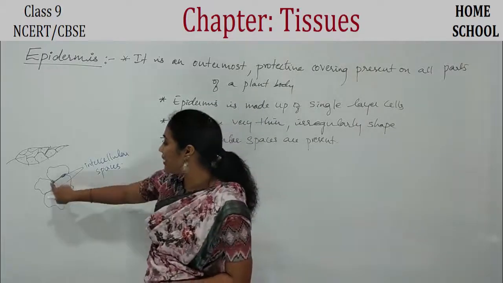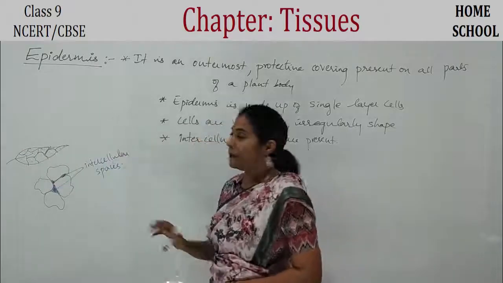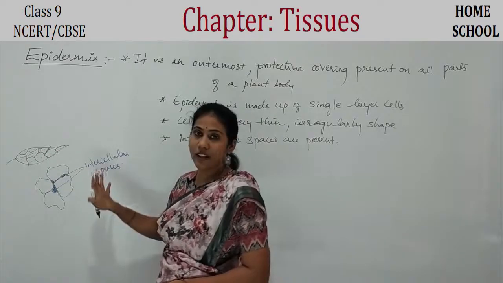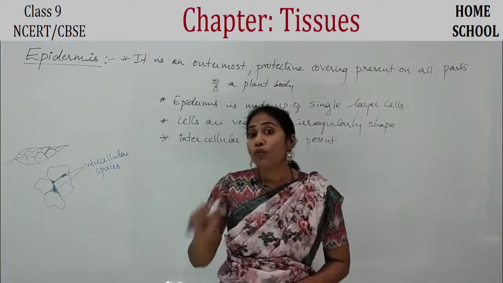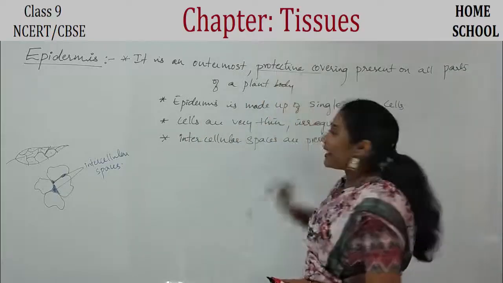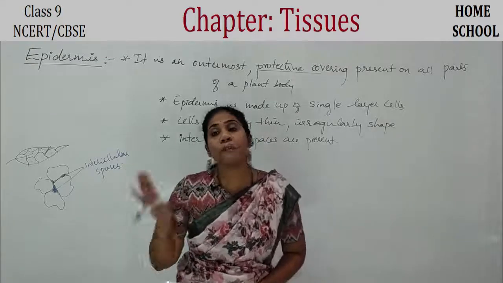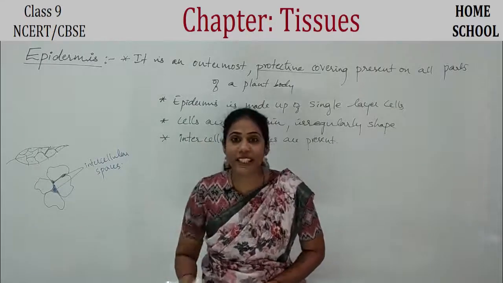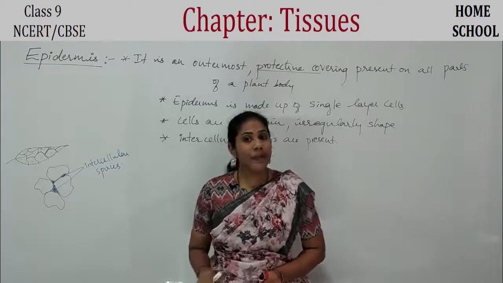Okay, very thin walls they will have, and you will have spaces between the cells, and they form a continuous layer. Epidermal cells will form continuous layer. There will not be any breakage in the layer. Okay, full smooth continuous layer you will observe. Clear? And now, what is the main use of epidermis? I told you. The main use is to protect the plant body. Okay, along with the protection, it can also do some job. It can also help the plant body in doing some activities. Okay, in participating some activities. Clear? Let us discuss them one by one.